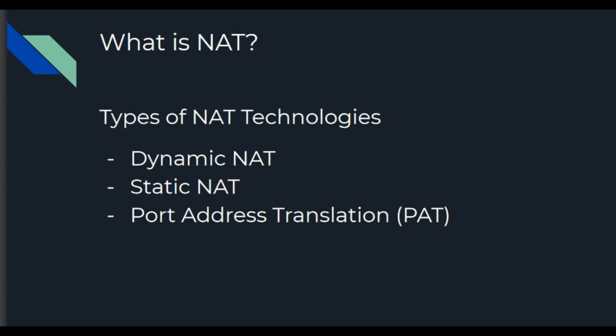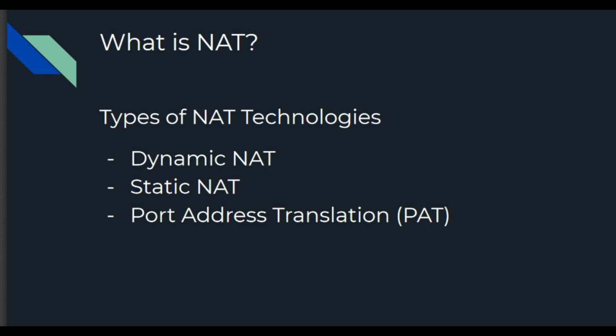So first we are discussing dynamic NAT. Dynamic NAT can be defined as a mapping of a private IP address to a public IP address from a group of public IP addresses called a NAT pool. So here we have multiple private IP addresses and multiple public IP addresses. It is a randomly selected mapping between the public IP address and the private IP address. It's also called dynamic NAT.